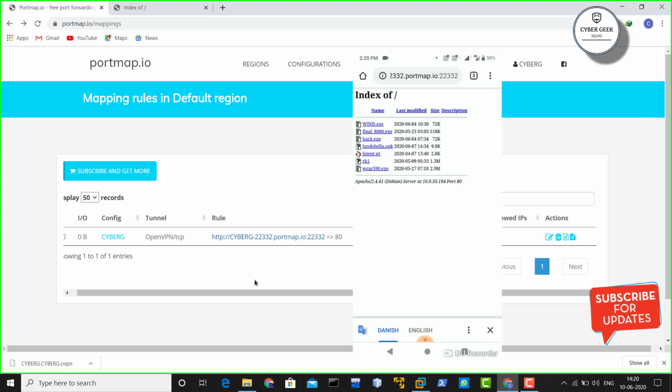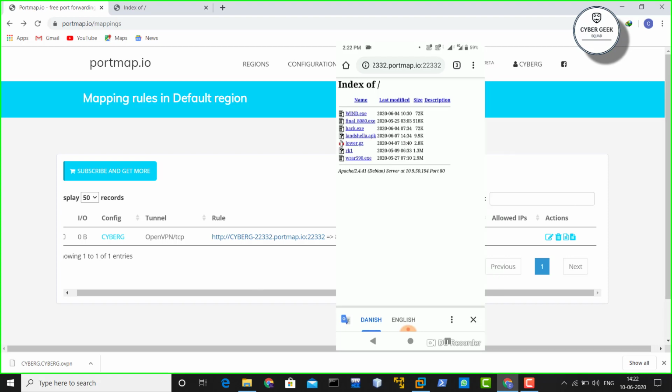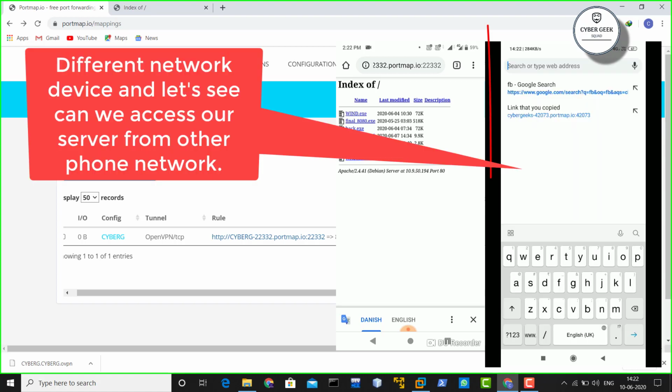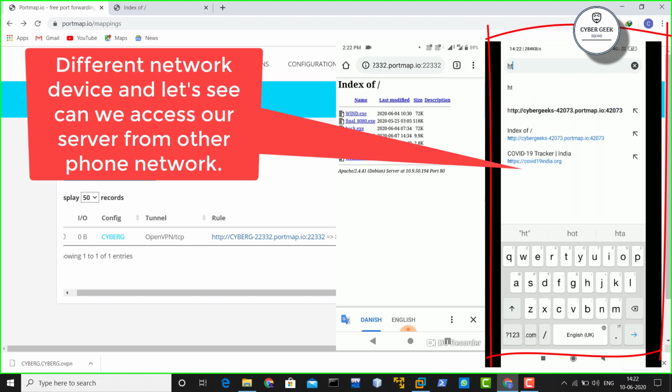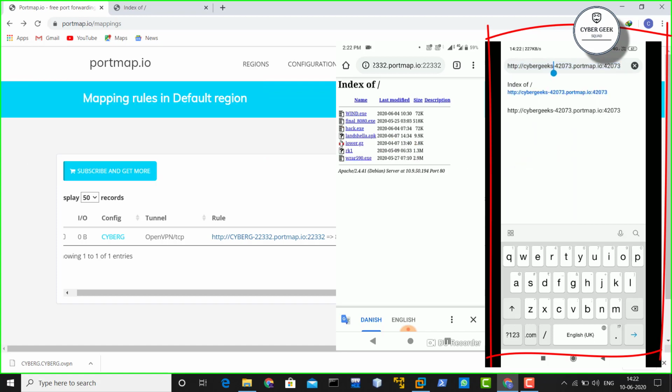Now the actual purpose of port forwarding is that it should be accessible by other devices. Now let's see whether the other device can successfully access it or not. Okay, so here we go. Now you can see there is another device, on a different network, and I'm typing the URL of it. I have already typed the URL, but when you type it for the first time, you have to change the port numbers.